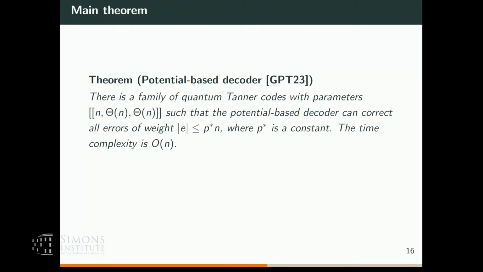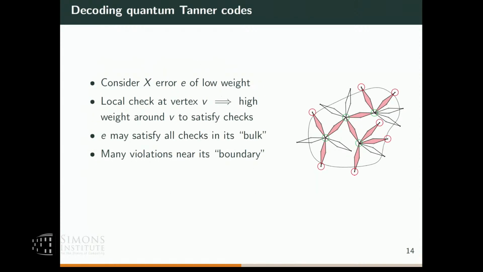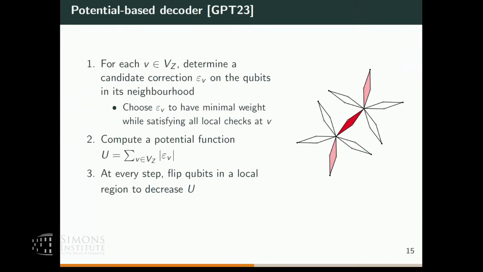The way that this is proved is essentially just using this intuition that I've described here, where the most difficult part of the proof is actually showing that it doesn't get stuck, that you can always do some flip to decrease the potential. And the intuition for that is kind of illustrated here, where you make flips around the boundary.